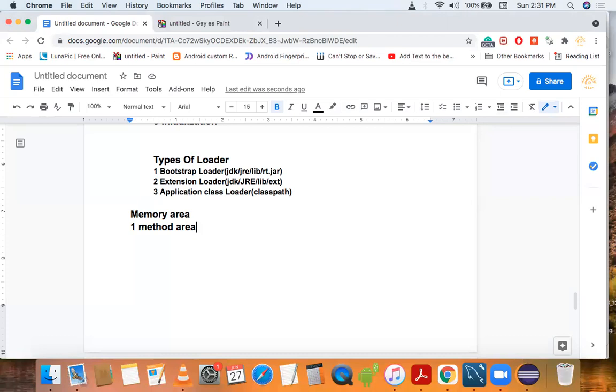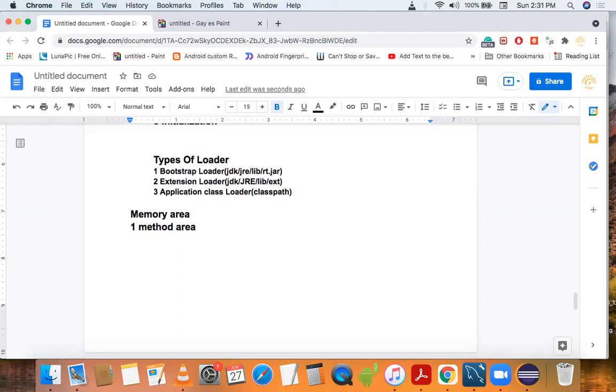So inside the method area, we store our class level data. For example, static variable, static block, static methods, constant pool, because constant pool also the part of class. So we also store constant pool in method area.